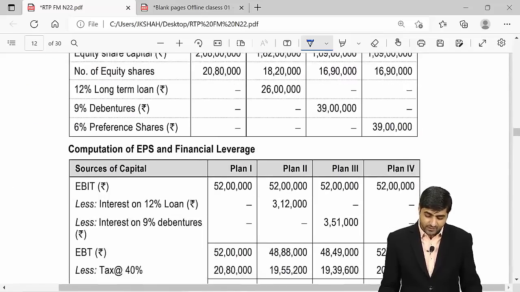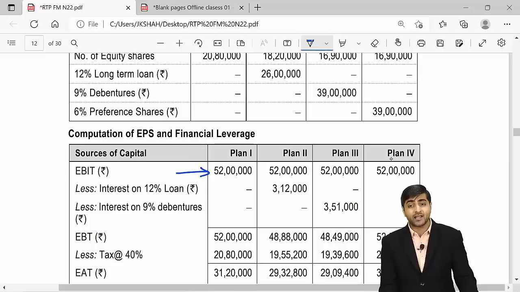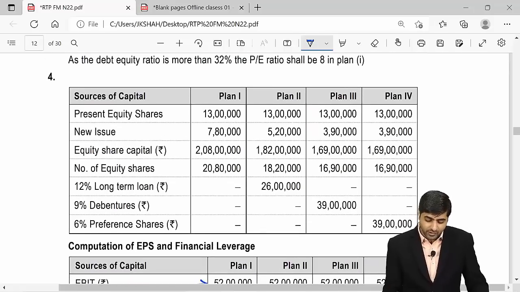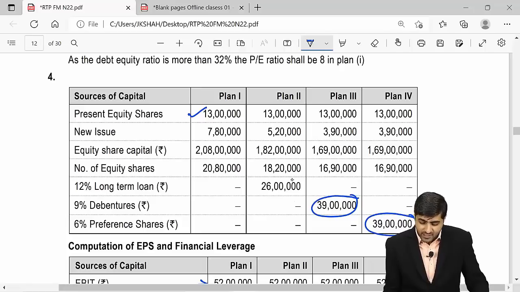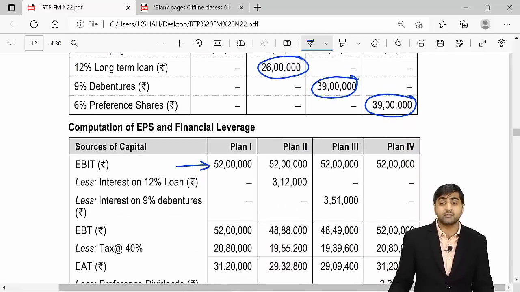which we start with your EBIT of 52 lakh rupees. So we have 4 plans available. We have the EBIT available, and here this summary is very important. We have the existing equity shares which are available for all the 4 plans, and we just have to see where the new issue is happening. And preference shares are there in your 4th plan. Your 3rd plan has some debentures. Your 2nd plan has some long-term loans, and 1st plan does not have any interest because there is no debt